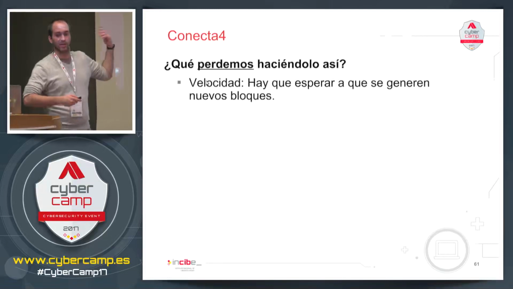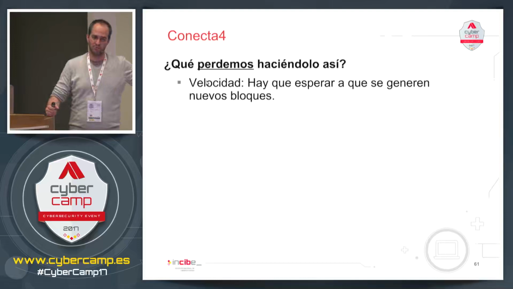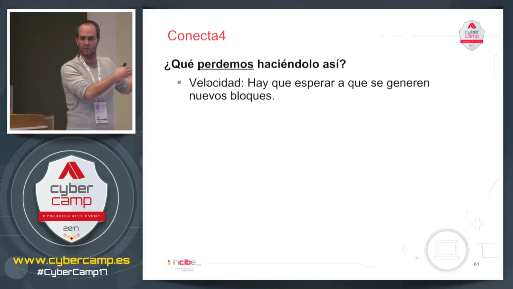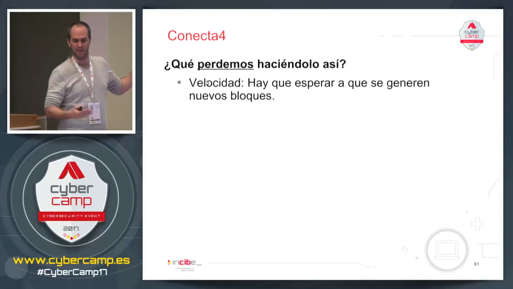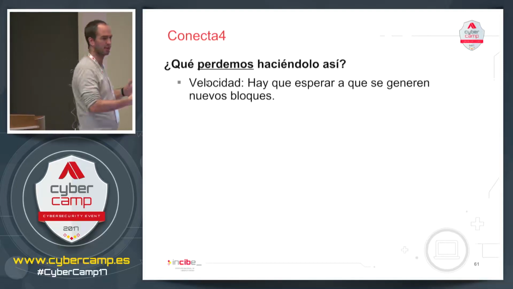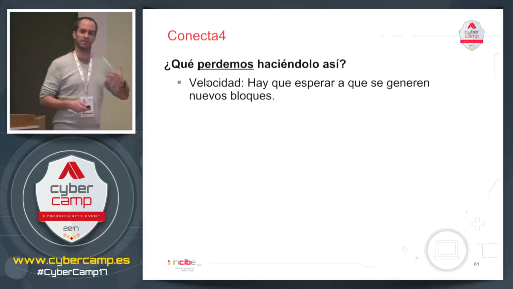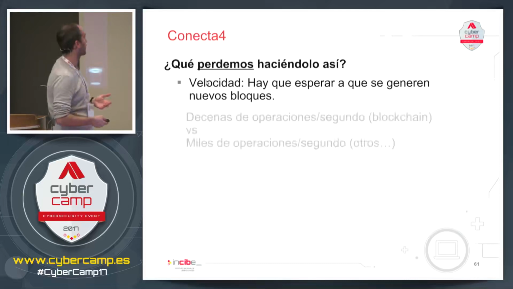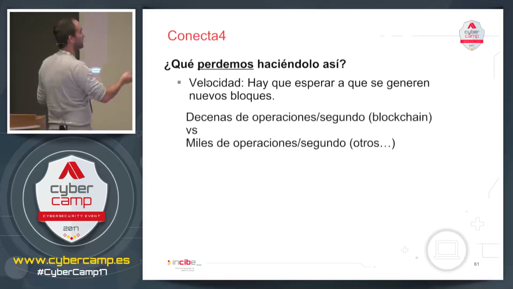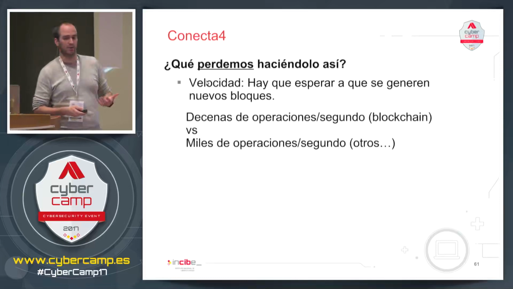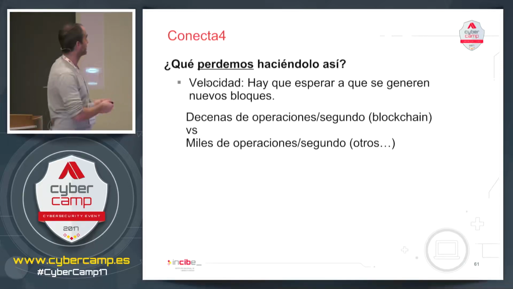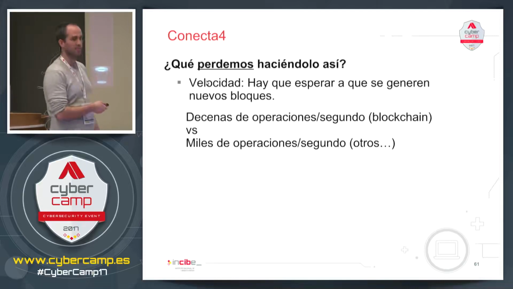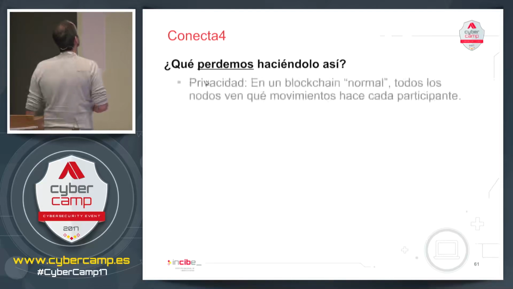Then speed, you have to wait until blocks are built. Here I've seen a mock-up of Ethereum to be able to show you all this live. If I'd actually used the real network, it would be 13 seconds, and not very many transactions per second can be solved by any blockchain. So there's a speed problem. For example, in blockchain systems, we can talk of tens of operations per second. In distributed systems, typically, we can talk about thousands of operations per second.